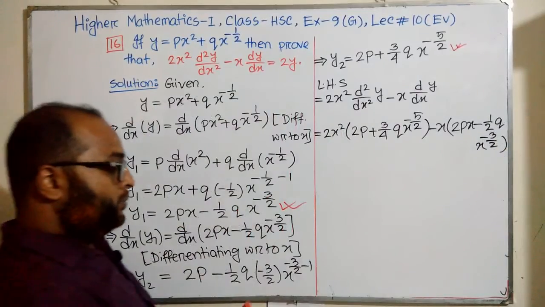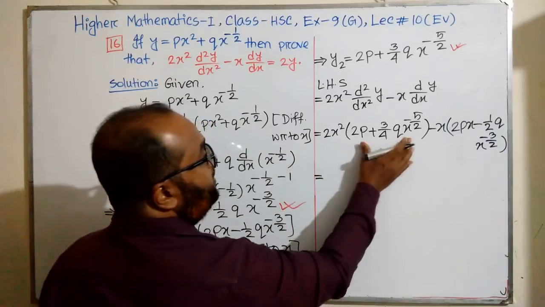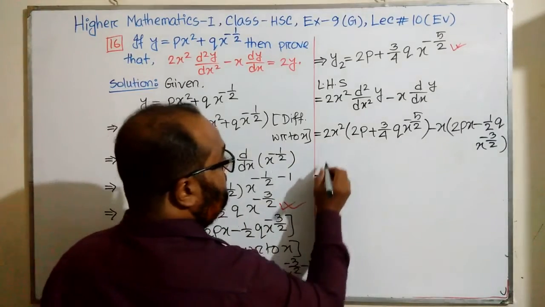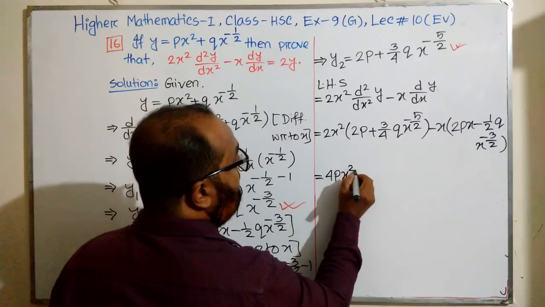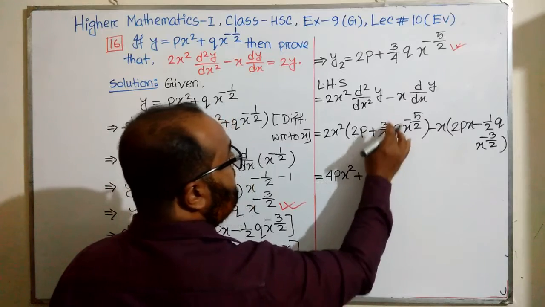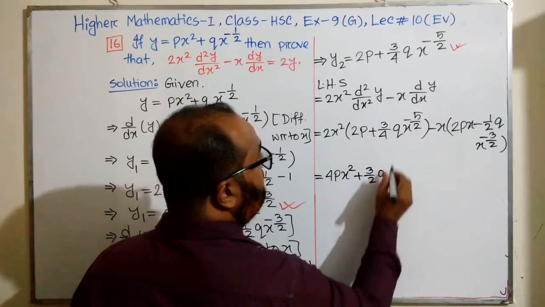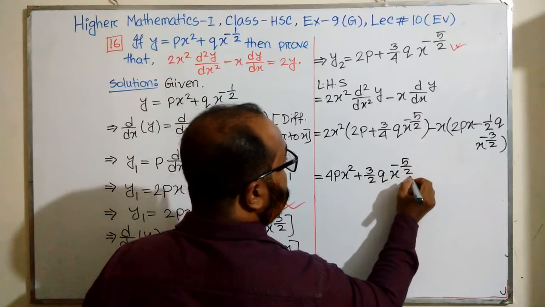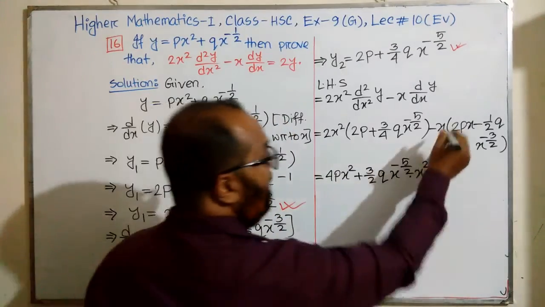Okay, now multiply this expression by 2x square. You can write 4px square plus this remains 3 by 2 q x power minus 5 by 2 into x power 2,